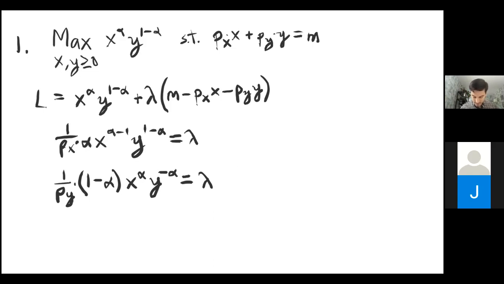It's totally okay to do that. It's encouraged, in fact. So now I'm going to eliminate lambdas and set these two things equal to each other. I will actually do that by writing it here. No more shortcuts here. I'm going to write it out. dy 1 minus alpha x to the alpha